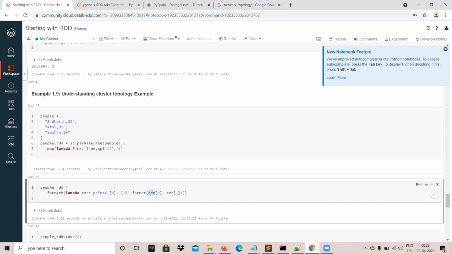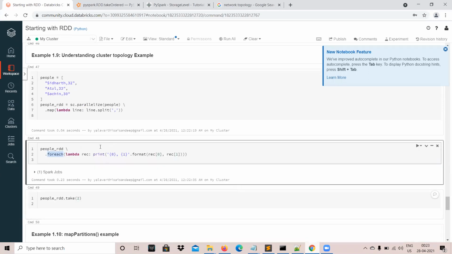Maybe after doing all these computations, you want to send this data to some API call, some RESTful API call, or you want to write it to some database. These kinds of operations you can do in the foreach function, but it doesn't return any output because the foreach function didn't return any value, because it's an action. So the driver program didn't get any output, so it's not printing here. But I'm pretty sure if you go to the worker machine's logs, you will see all this output there, which we cannot access here, but you visualize it in this way. In the worker programs, if you go to the console, you will see these outputs there.